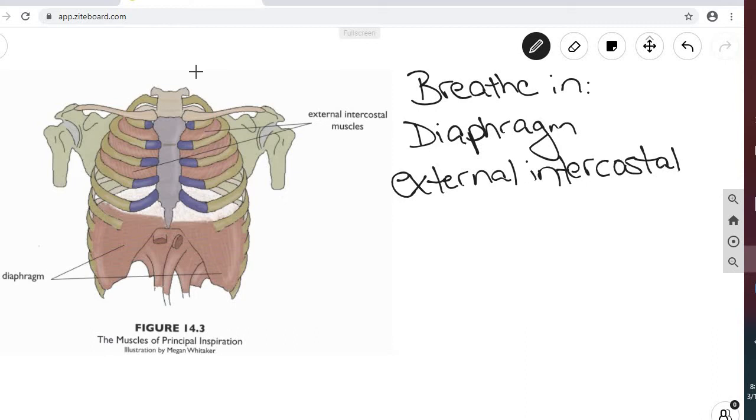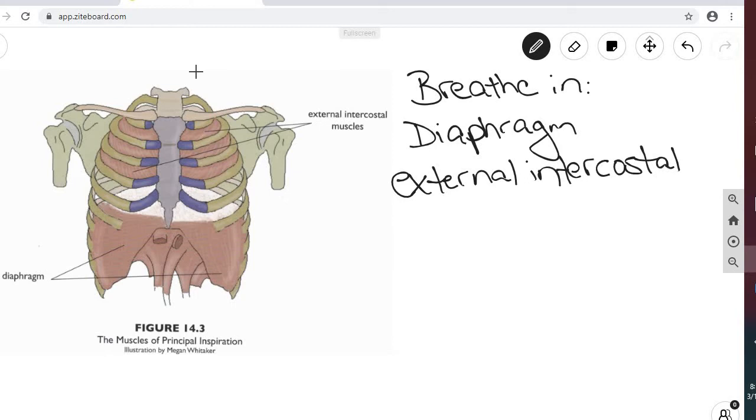If you're exercising or taking a deep breath, then other muscles get involved, like the sternocleidomastoid and the pectoralis minor, for taking a deep breath in. If you are doing a forced exhale, like trying to force out as much air from your lungs as you can, then the abdominal muscles get involved. But just everyday, normal breathing in and out at rest is going to primarily be the diaphragm and the